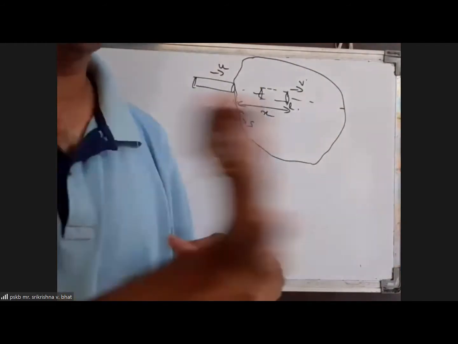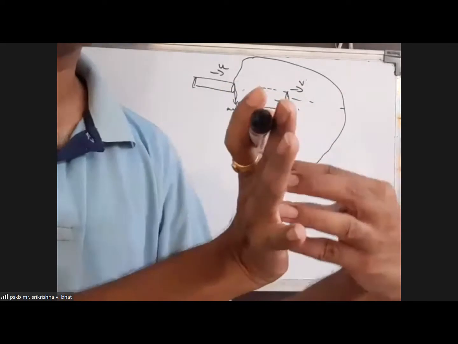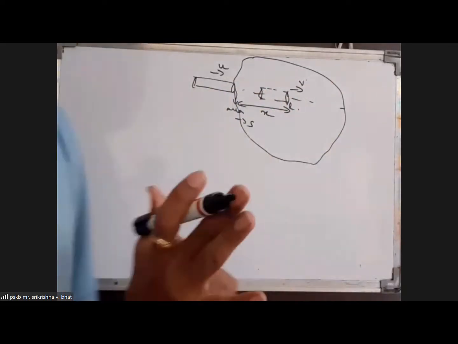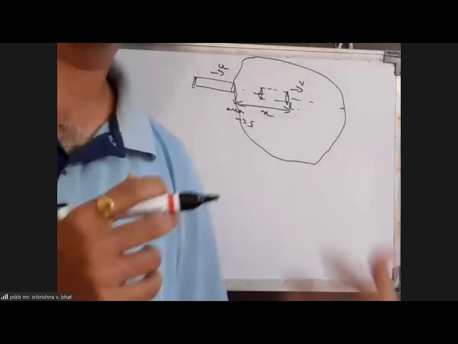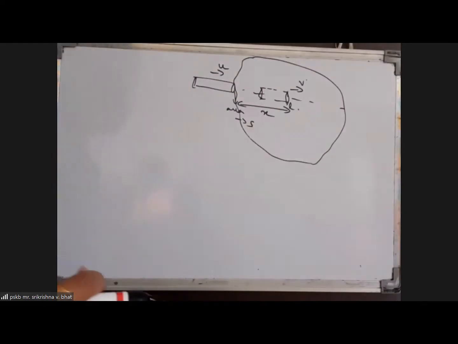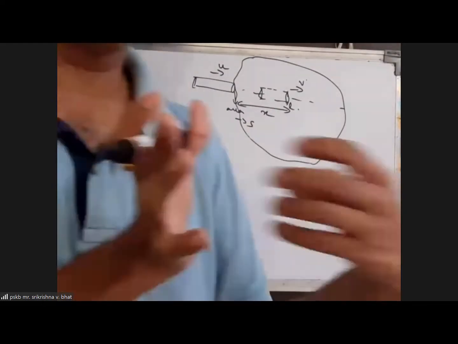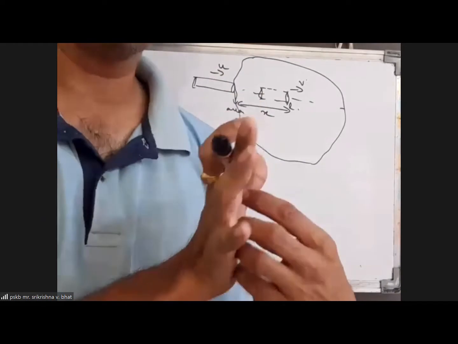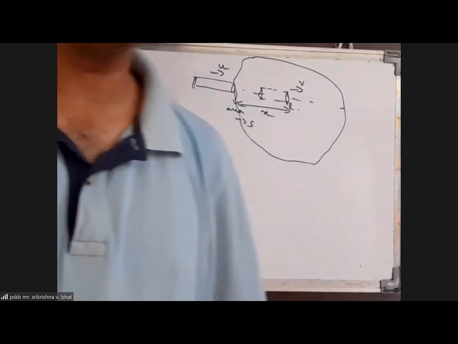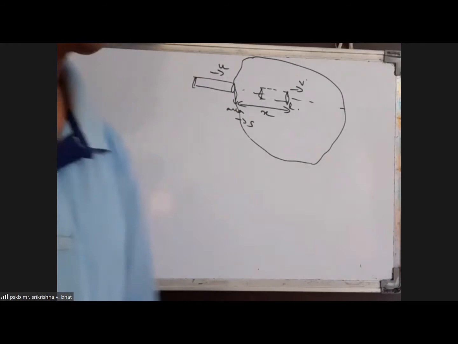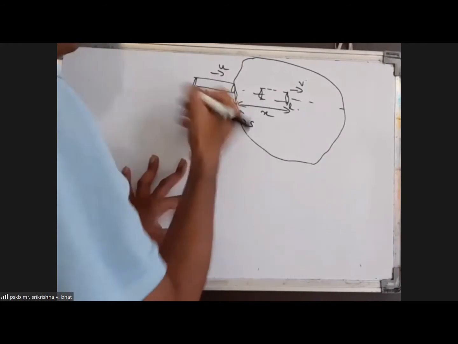So as the face of the cylinder moves, the particles will strike the face of the cylinder and get stuck to it. And so the mass of the cylinder will keep on increasing, because all the particles which are striking and sticking onto the face of the cylinder add to the mass of the cylinder. So although its initial mass is capital M, it will increase.